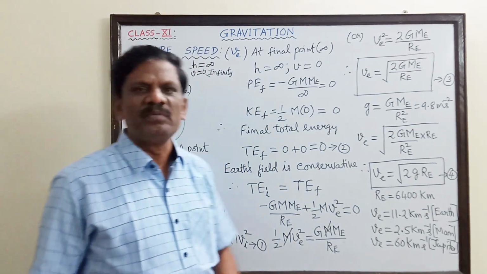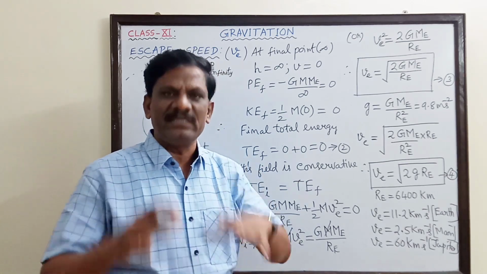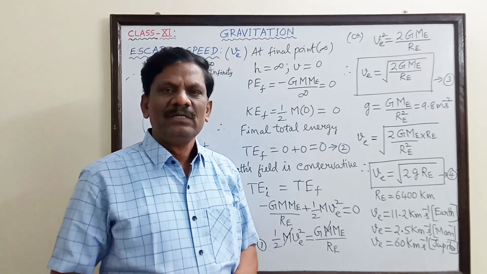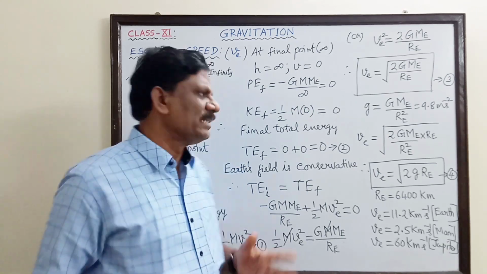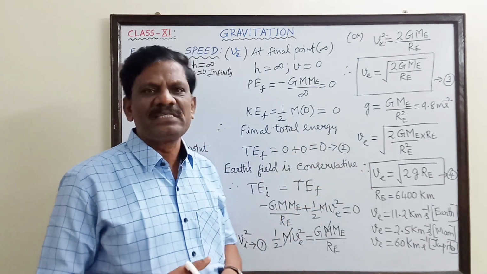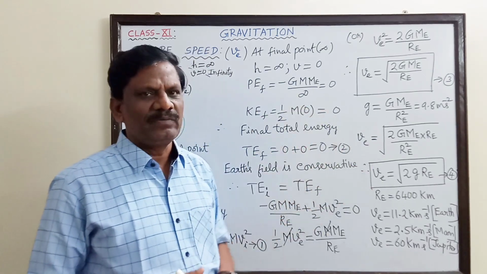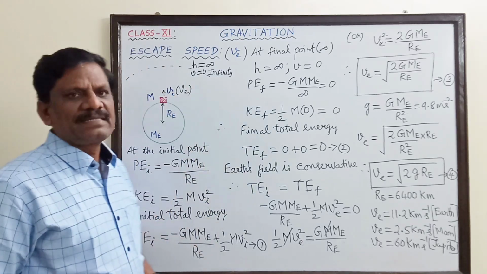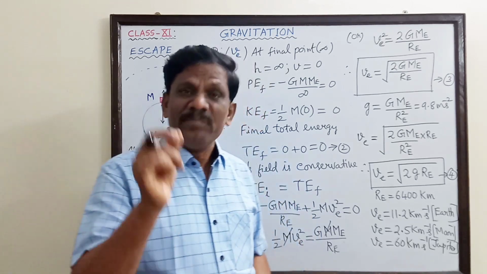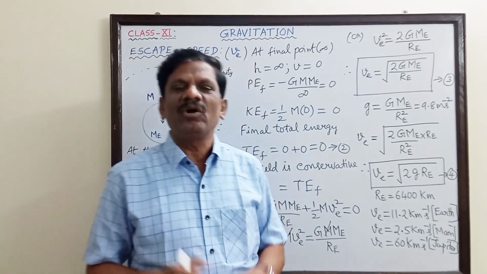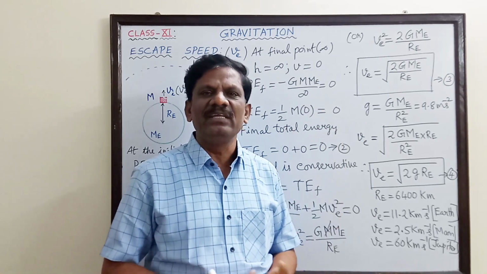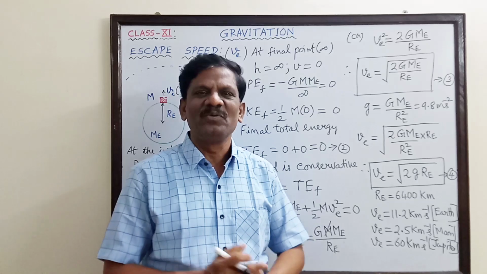So my dear students, you must remember that the escape speed does not depend on the mass of the object which is going to escape, and also not on the angle of projection. The angle of projection may be any value; for any angle, the same value of escape speed will be there. So what escape speed means, you have to define carefully. It is defined as the minimum speed with which an object has to escape from the gravitational influence of any surface. I hope you have understood well. Fine.